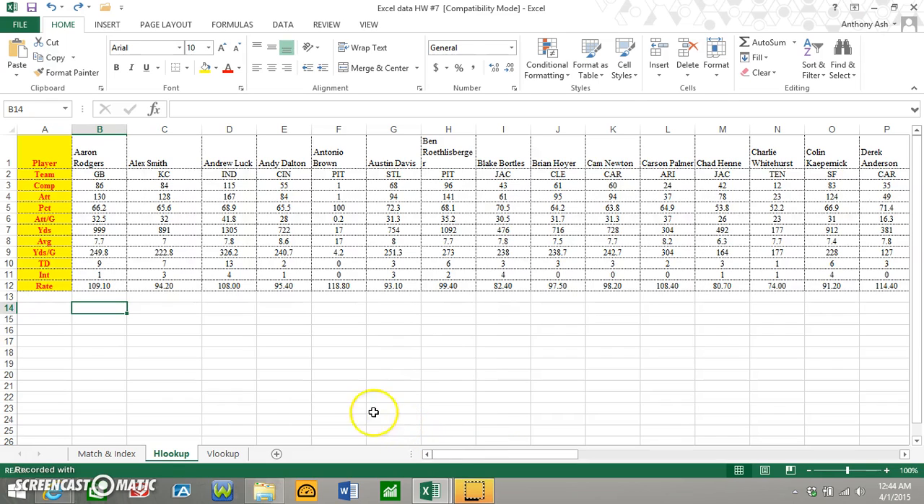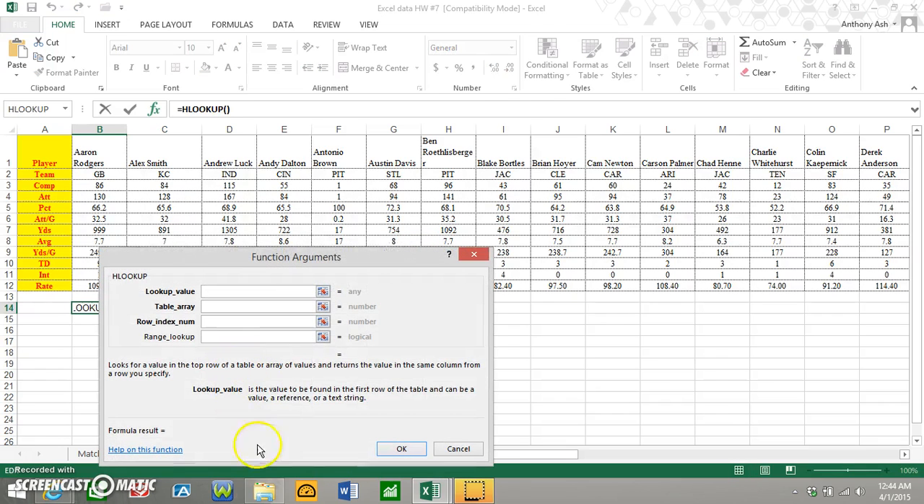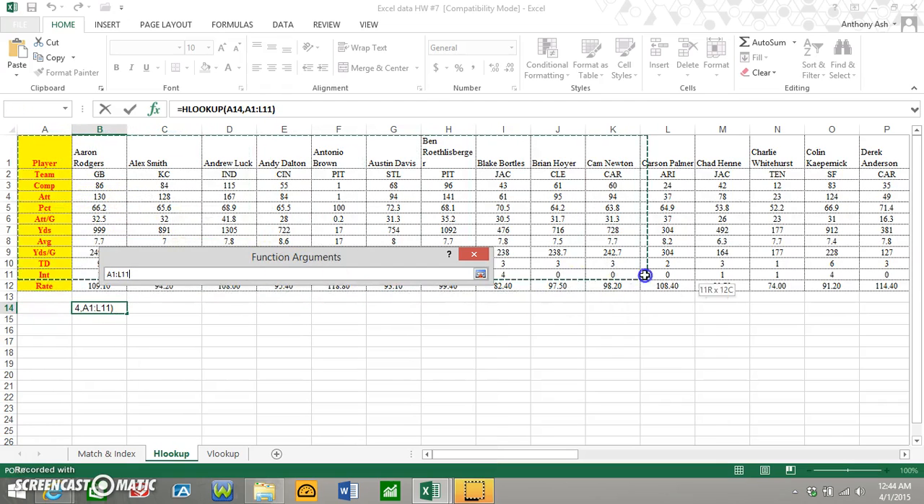In order to use HLOOKUP, we're going to go to the formula, and then I have it here, HLOOKUP. Okay, and then lookup value. This lookup value represents the cell that contains the value that we want to look up in the chart. So in this cell here, I'll place the value that I want to find in my chart, and that value will be a quarterback's name. And then the table array, I have this table here,